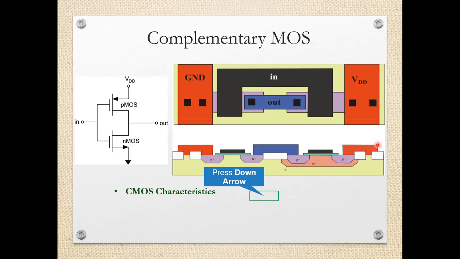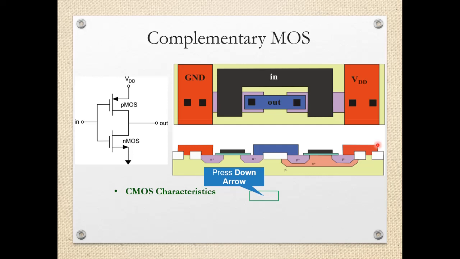Now on the same silicon wafer we want to fabricate a P MOSFET. For P MOSFET we require an N well structure. This pink color region is created over here, that is called an N well, and in that N well these P plus diffusions are prepared. So this now becomes your P MOSFET. Here we have a silicon dioxide and one gate terminal, and then these two devices are interconnected with the help of this metal, and from which the output is taken. So this is the side view, or we can say the cross section, and this is the top view.